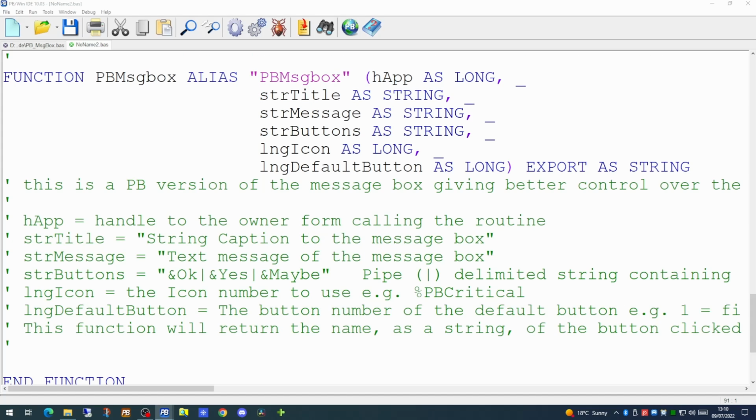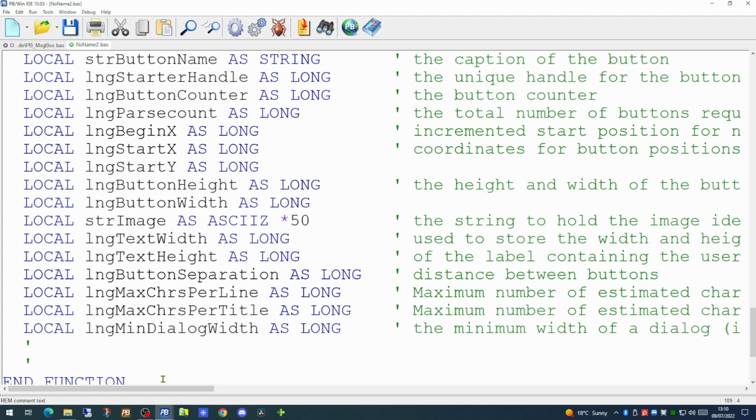Now we need to go through the process of actually displaying the form on the screen. We'll have to put some error trapping in here to make sure if nothing is actually passed through, then we can just exit the function straight away. So we're going to need some local variables to keep track of everything that's going to be happening. There will be quite a lot happening, therefore we've created quite a number of variables, but we'll cover them as we come to them.